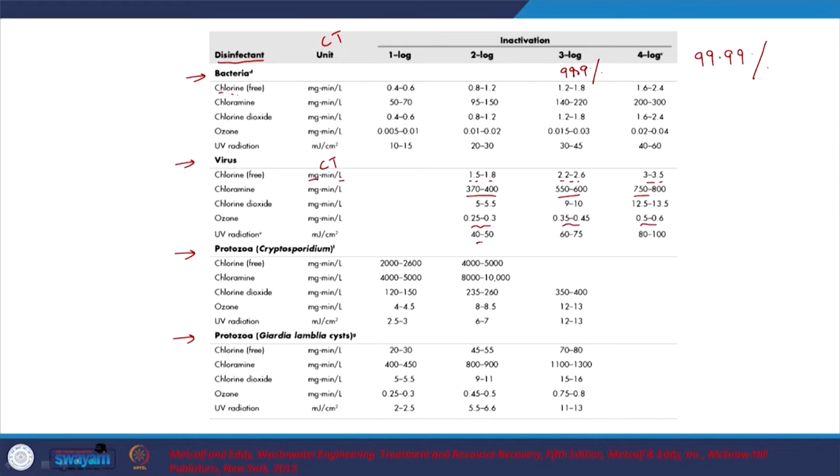And UV2, I guess we see this. And in the context of the Cryptosporidium or the protozoa, both the protozoa, we see that chlorine is not really effective. You see that it's a remarkably high value of CT that you require. But with respect to ozone and UV, yes, you can achieve that. Same case with respect to protozoa, let's see, right? So that's something to give you an